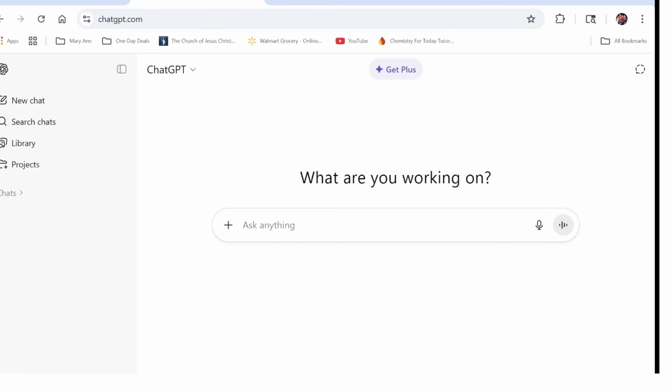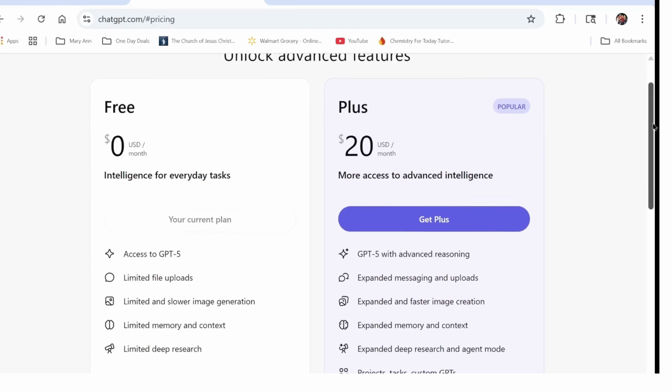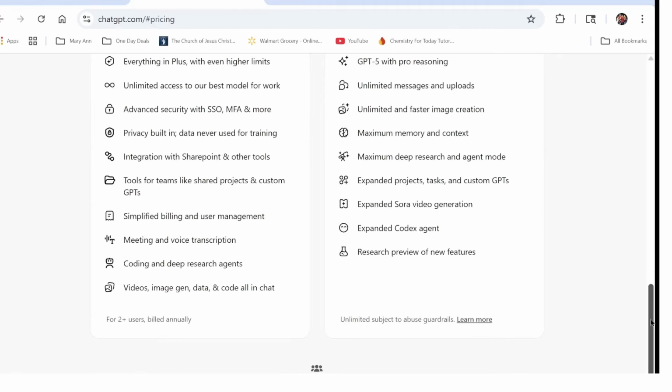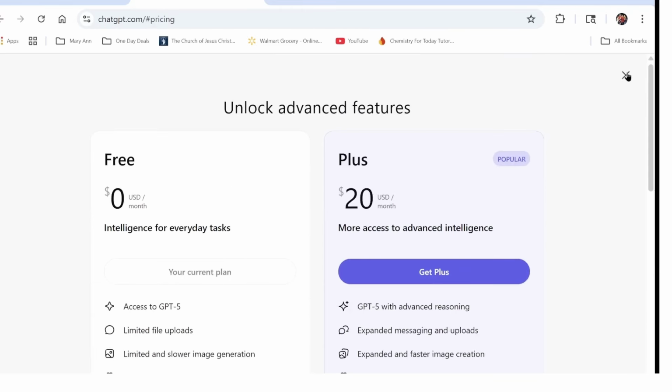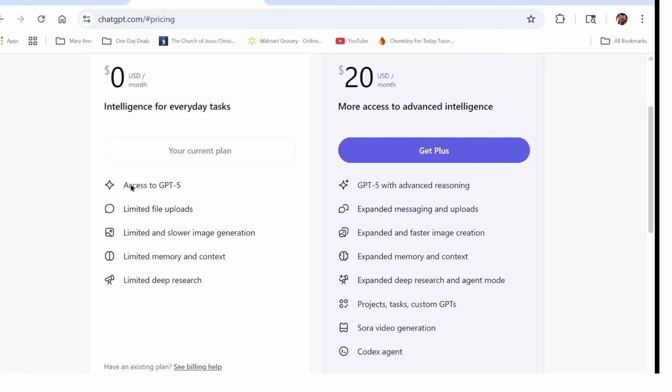But my account is free, as you see down here in the bottom left-hand corner. It says free. If I were to upgrade, I would have to pay monthly for this service. I have never paid for it. It does limit you, though, to how much you could do in a day. So it limits you on the free. You can access